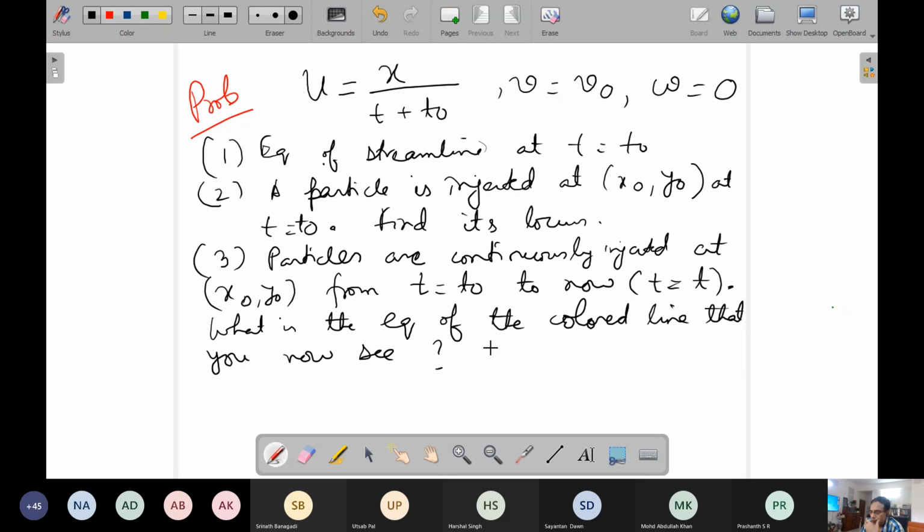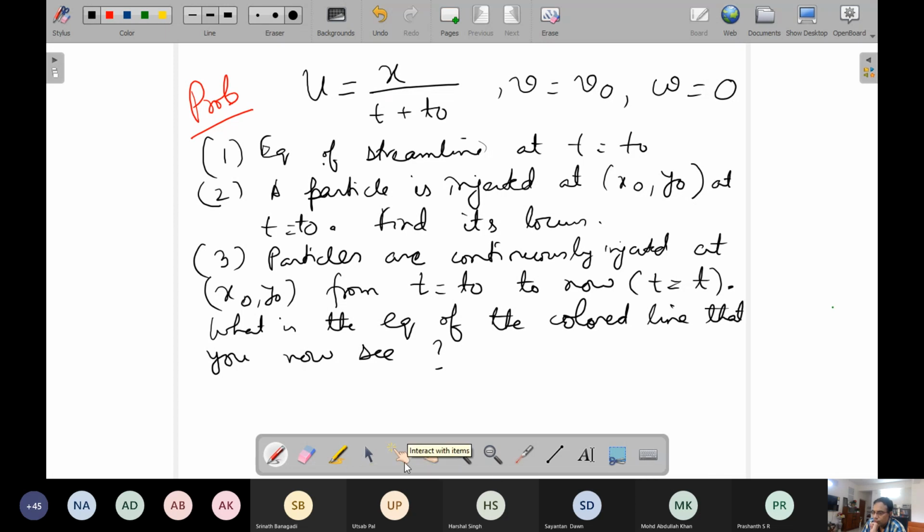So the original statement of the problem was a bit more formal. I have tried to make it a bit more informal so that it gives you a physical picture of what we are solving. The first part of the question is, of course,